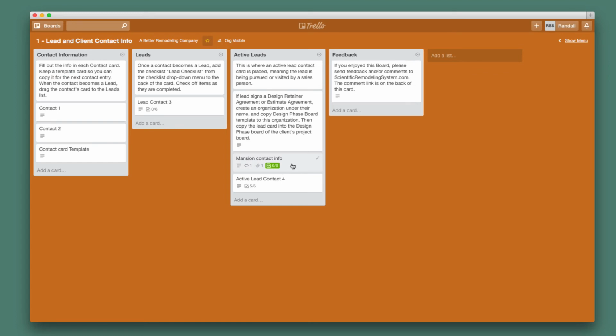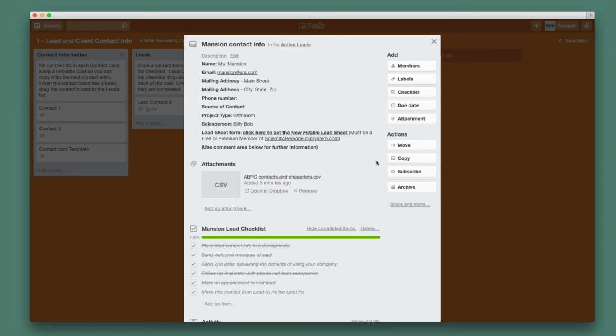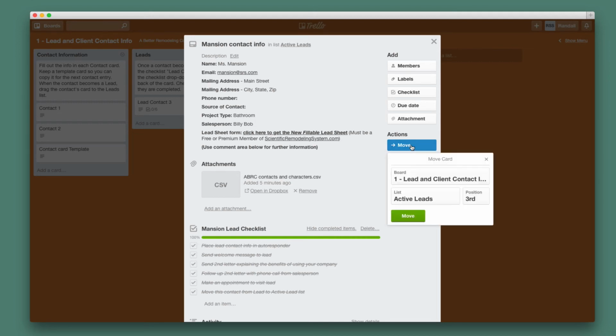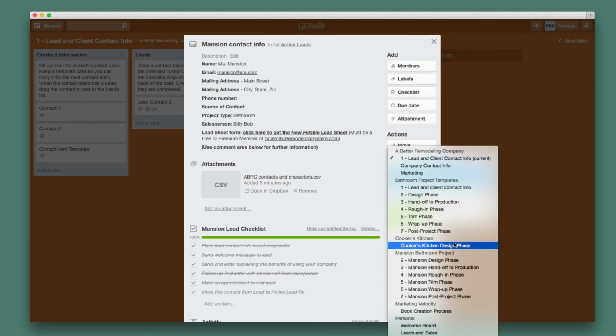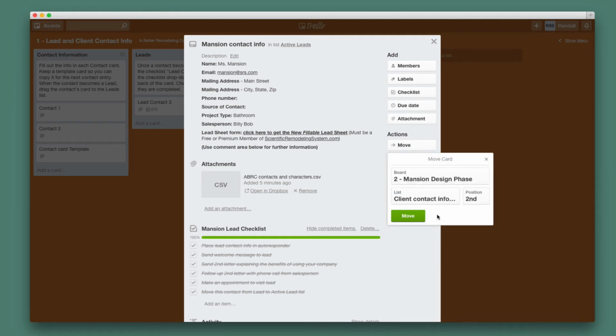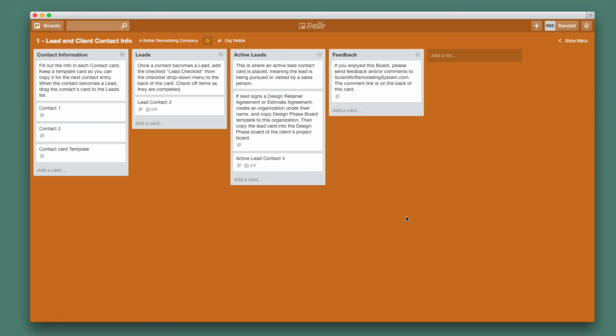So let's click on that card and turn it over. And then we're going to move, not copy, but we're going to move it. We're done with this in this CRM. Otherwise, this board would get very full. And we're going to move it, click right here, to a board in the Mansion Design phase, right? The client contact info is the list we're going to put it in, and we'll put it in the second position